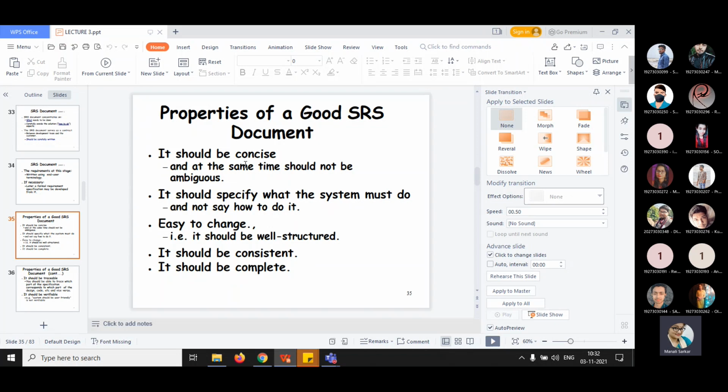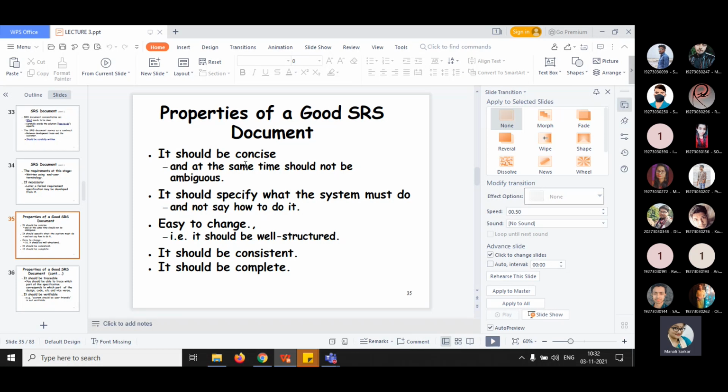Verbose and irrelevant descriptions reduce readability and also increase error possibilities. And you know that whenever you are writing any software requirement specification document, errors should not be there, because it will become a bad SRS document in that case.